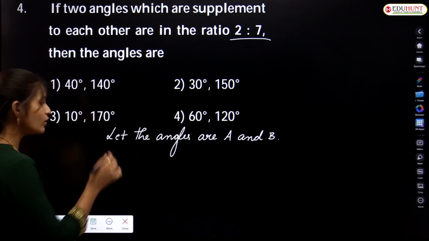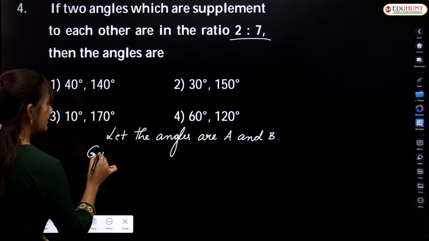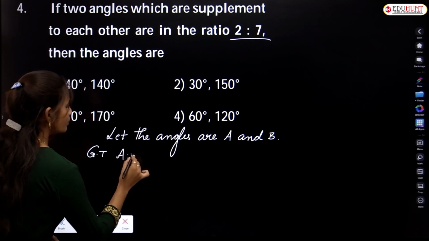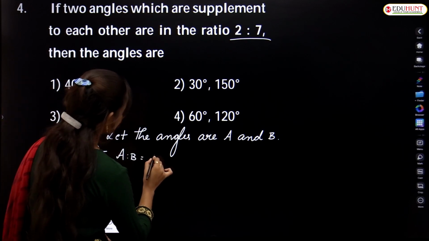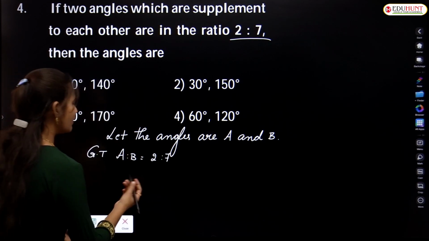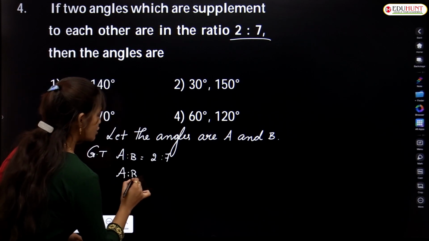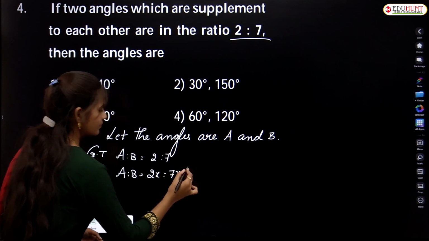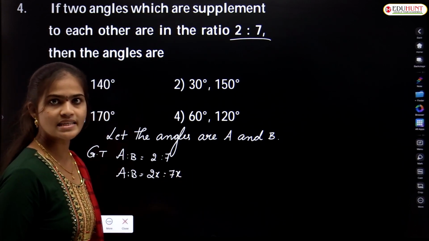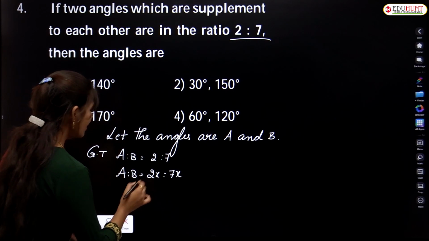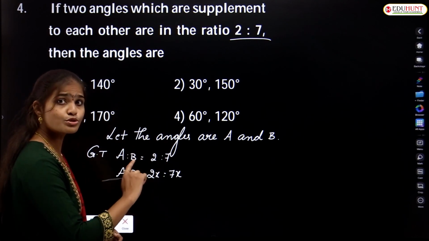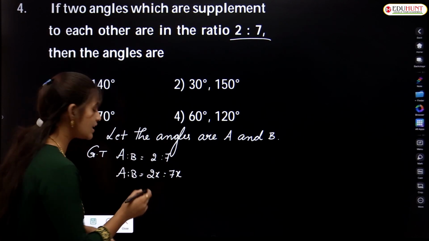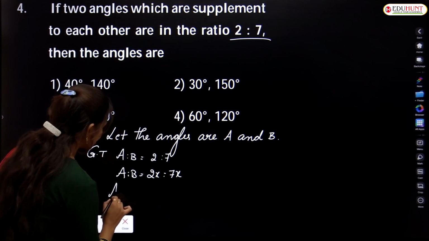Okay, now according to that question, what is given here? Given that A is to B is equal to 2:7. Here we can take A is to B is equal to 2x is to 7x, just like the previous question. Here x we don't know, that is the angle. After that, one more condition is given: those two are supplement to each other. So according to that question,